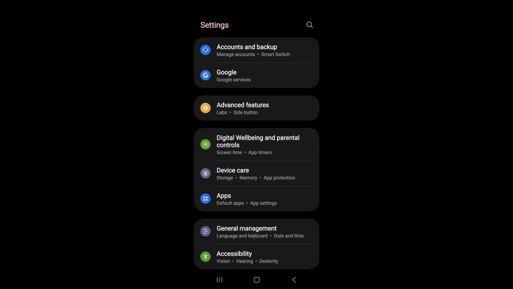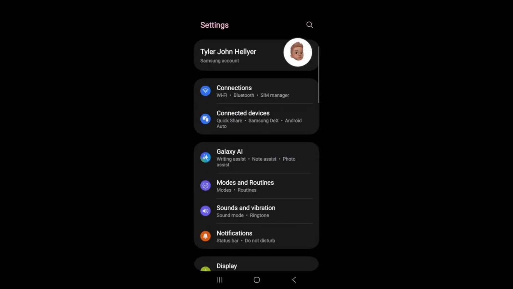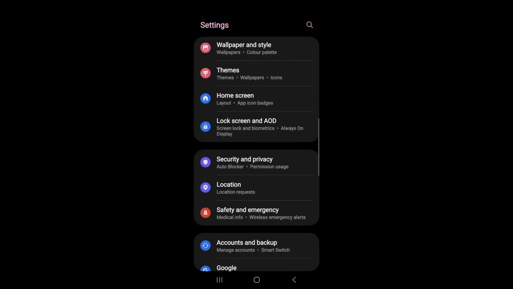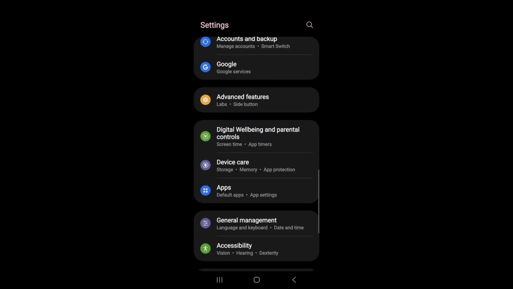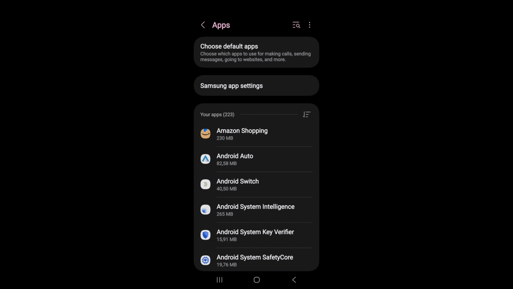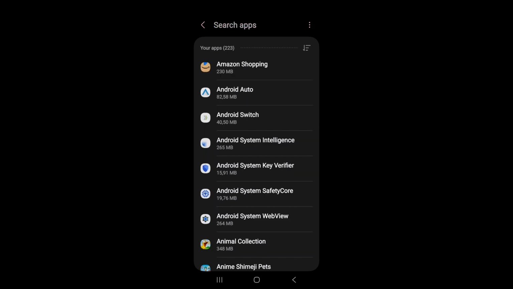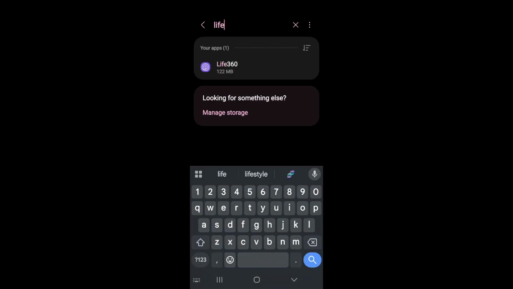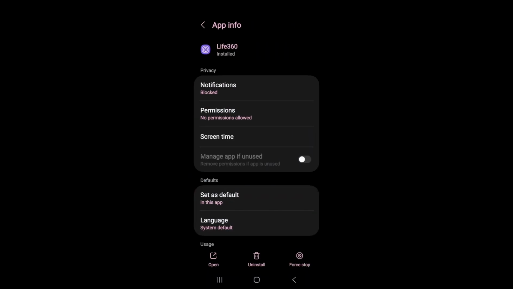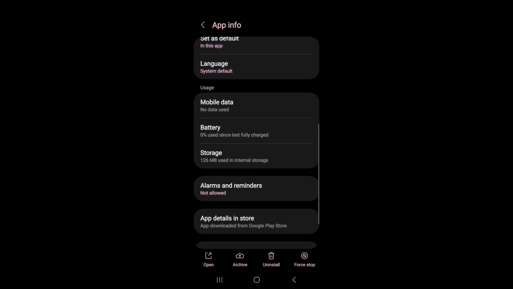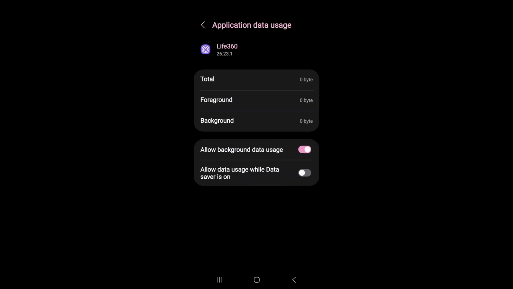Once you're in your device settings, this is your phone settings, you want to come down over here and look for apps. Once you go into apps, you'll be able to look for your app. I'm just going to use the search icon over here and type in Life, and I'm going to get my app. I'm going to come all the way down over here to usage. It says mobile data, and over here it says allow background data usage. Turn it off. This will not update your